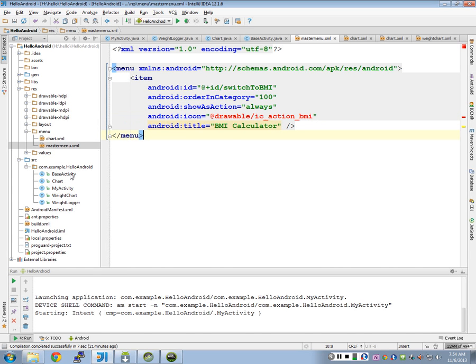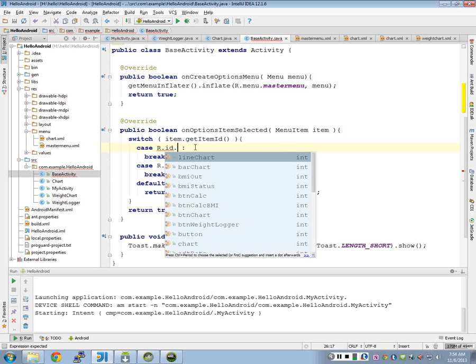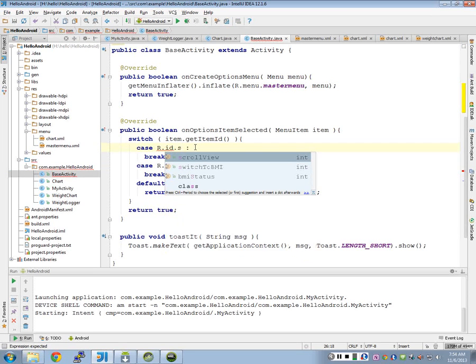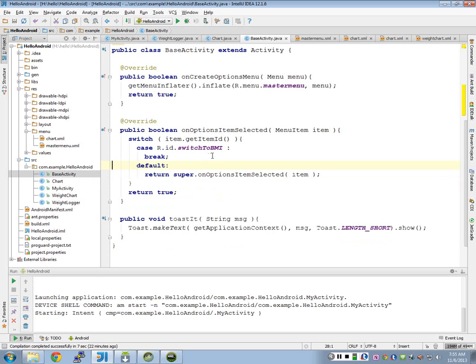So in our main base activity, we need to have this ID that we're going to switch in our code. And base activity. So we're going to switch here, R.id.switch_to_BMI. That's the ID in the other one. We'll take this guy out. And so in this case, I only have one item that I'm dealing with here. All right. So we'll add another one in a minute. So let's go find this